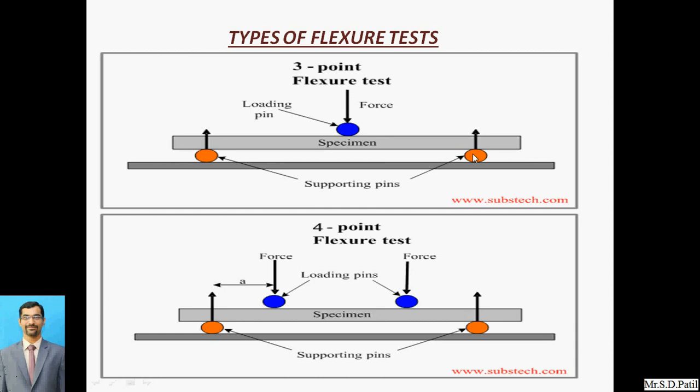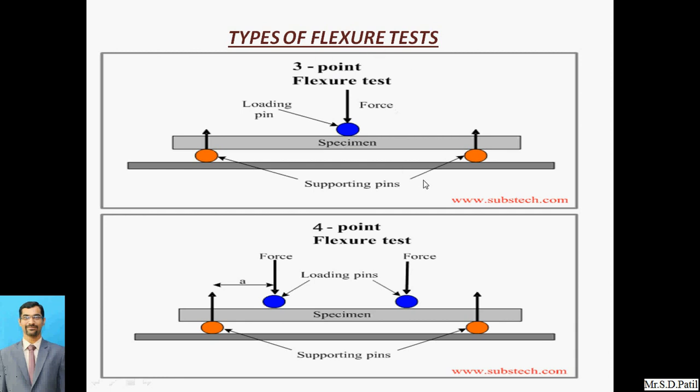Here those two reactions are generated at the supporting pins. So at the center we apply the force, and two reactive forces at the supporting ends are generated, and that's why it is called a